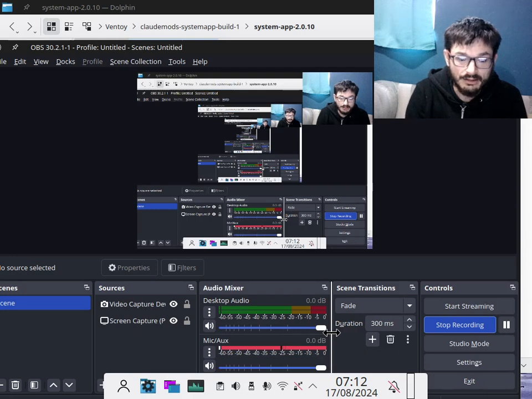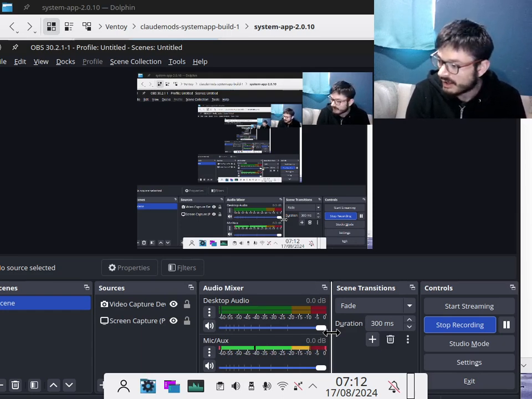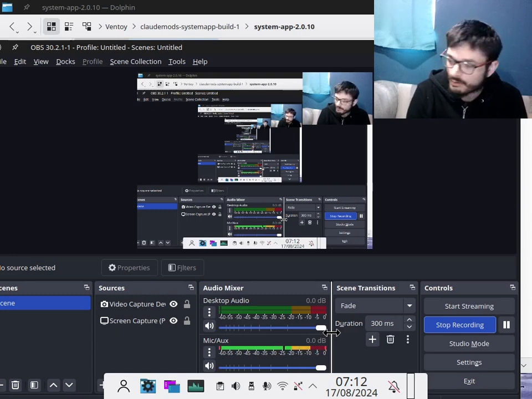Of course, I've made a KDE Neon testing ISO because I have means to make a KDE Neon ISO. A good friend of mine has given me a PC to fix. I don't know if he wants it back or not, but I managed to get KDE Neon working on there. The plan is to give it a good game and just see if I can game off of it. It should run some sort of games. It's got an APU, which might bottleneck the fact that I'm using a CPU and a GPU at the same time. You can't really turn that off in Linux, although you can on Windows. But I've got an NVIDIA card there that should run some sort of games on it.